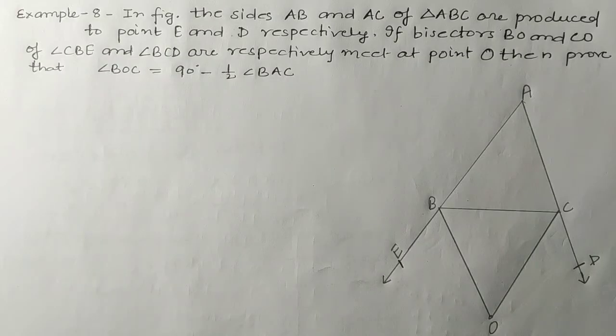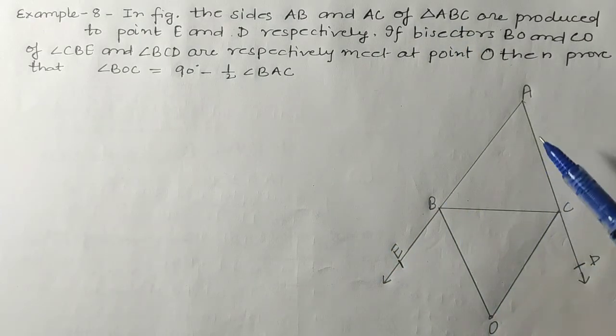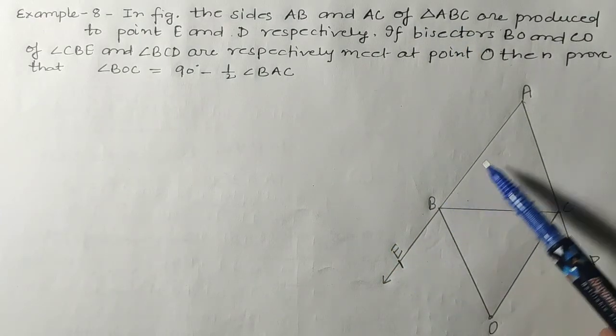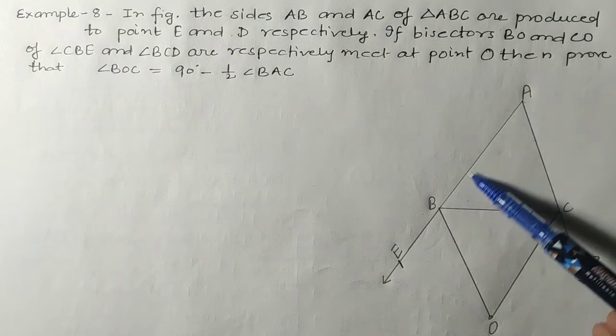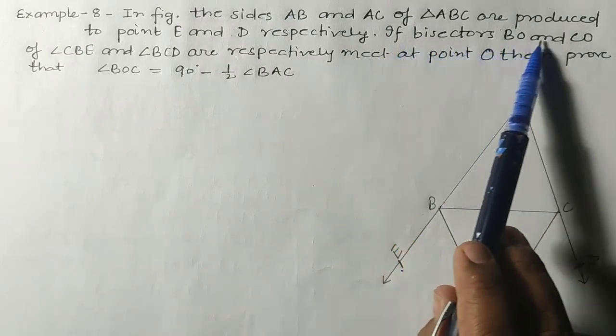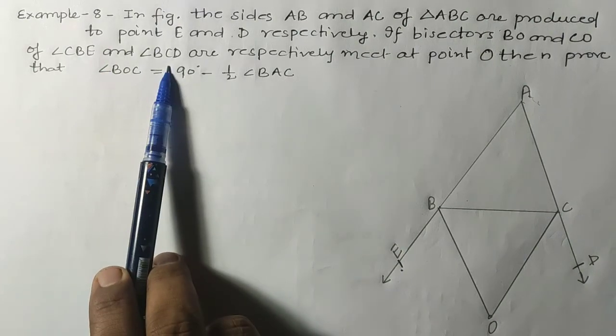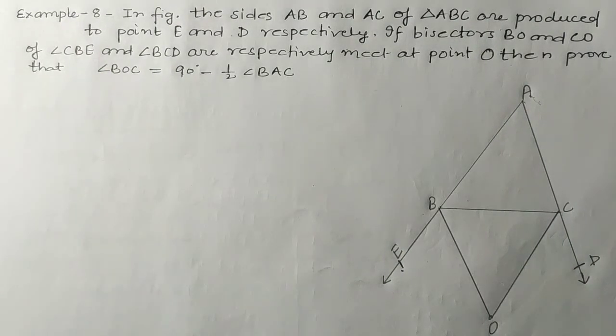Coming to the last example, students, that is example number 8 of NCERT. The question is, in the figure, the sides AB and AC of triangle ABC. See, in this triangle, the side AB is produced to point E and AC is produced to point D. And after that, the bisectors BO and CO of angle CBE and BCD,